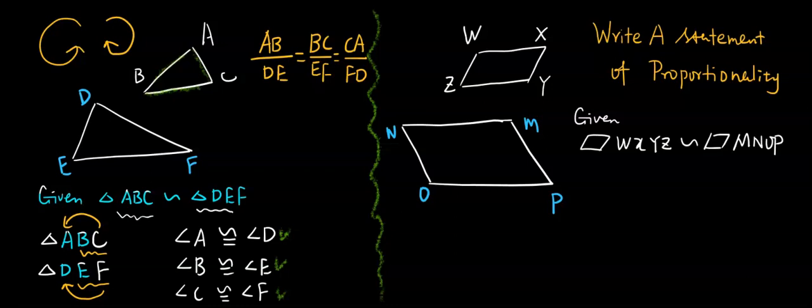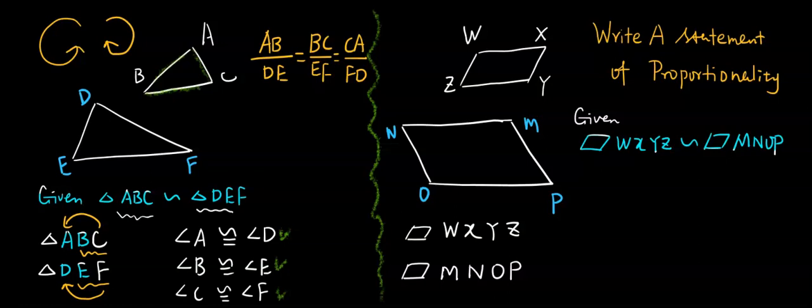It is given to us parallelogram WXYZ is similar to parallelogram MNOP. Remember, the name, when it is given to us, is already listed in order. So what we can do is we're going to write down again WXYZ is similar to